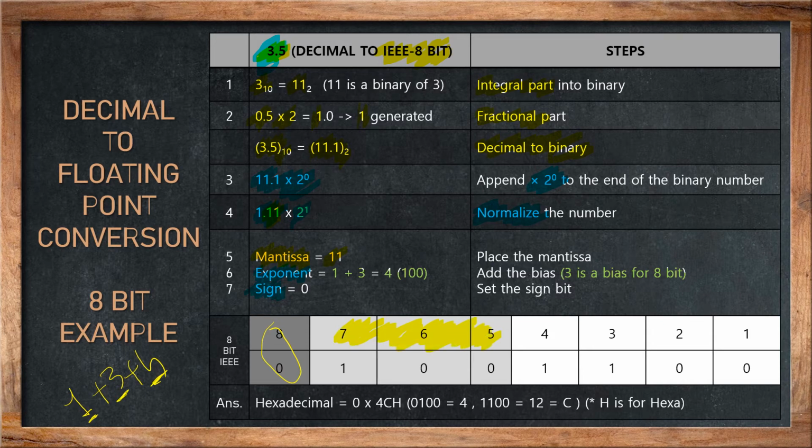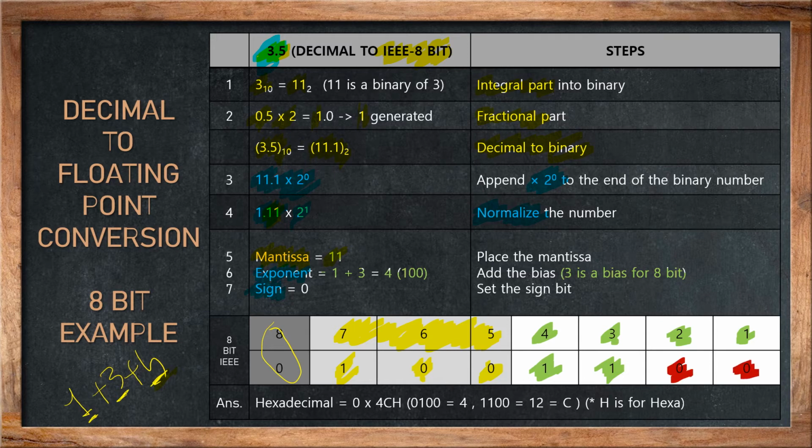So what I got as an exponent is 100. So simply write 1 0 0. This is the 1 plus 3 done. Now time to focus on the 4, my mantissa part. Because here we have a total of 4 locations, but I have only 2 bits, that is 1 1. So simply write the 1 1, and then fill the rest of the empty fields with 0.